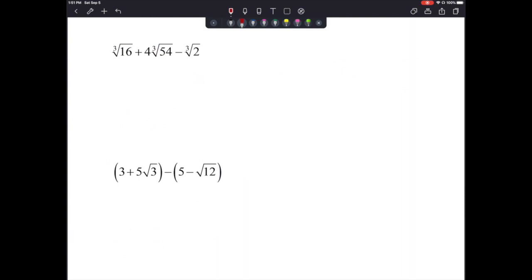Let's move on. Now we have one with cube roots. So we have the cube root of 16 plus 4 times the cube root of 54 minus the cube root of 2. So again, when we break down the cube root of 16, remember that is 2 times 2 times 2 times 2 underneath the cube root. So when we take that out, we're going to have 2 times the cube root of 2